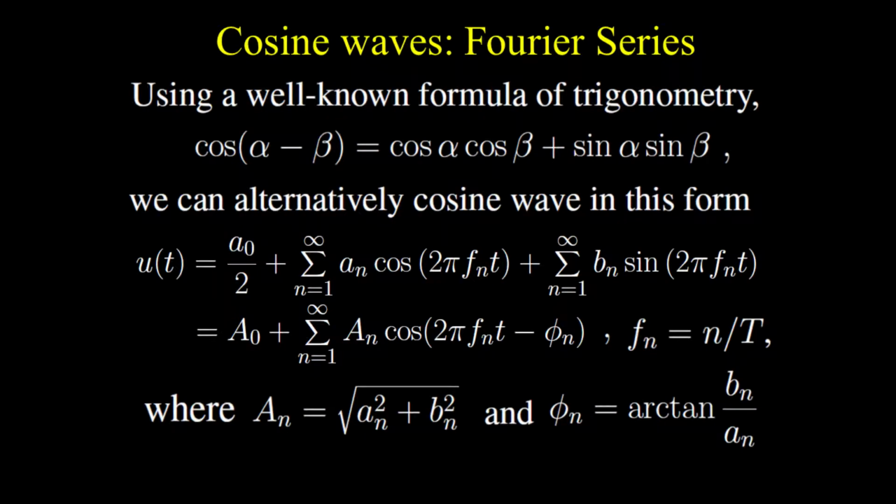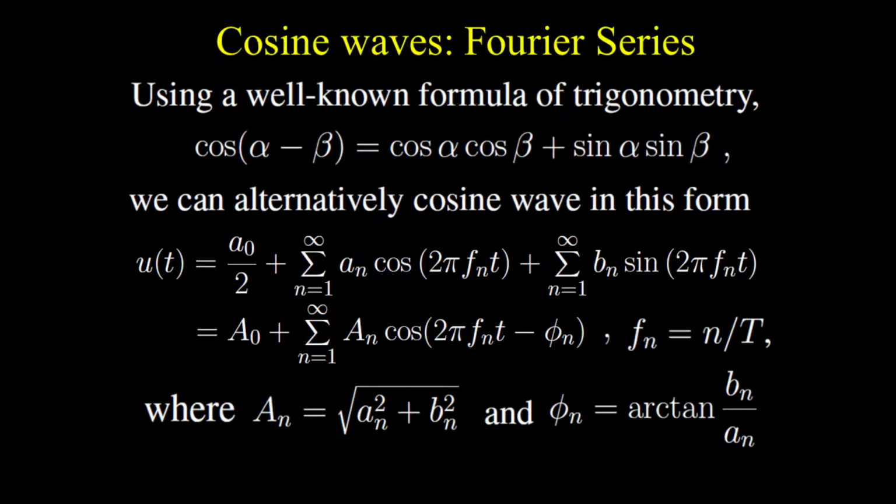Using a well-known formula of trigonometry, we can alternatively write the cosine wave in this form. Using again this trigonometric identity, the Fourier series can alternatively be reorganized as a sum of cosine waves in which each cosine wave has a frequency fn equals n over T, an amplitude An, and a phase shift